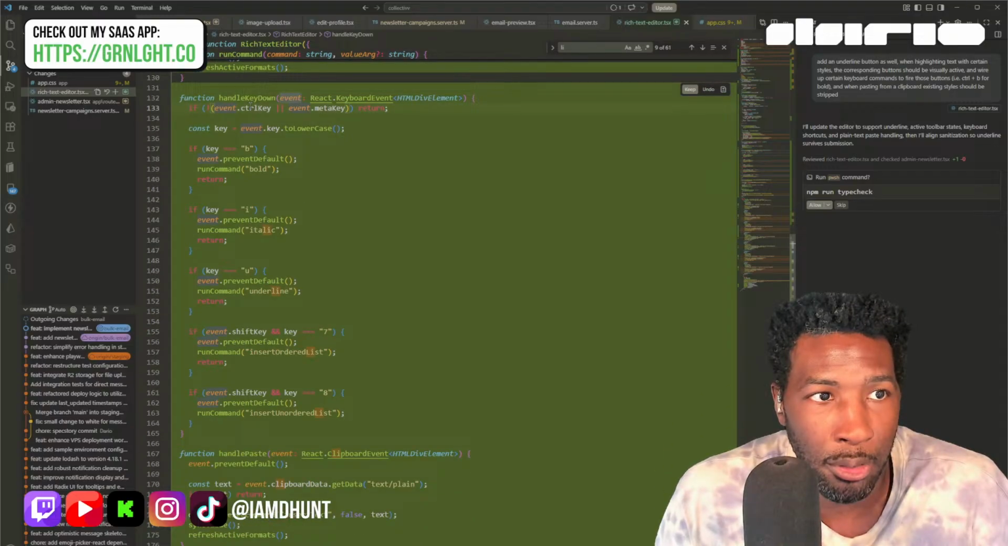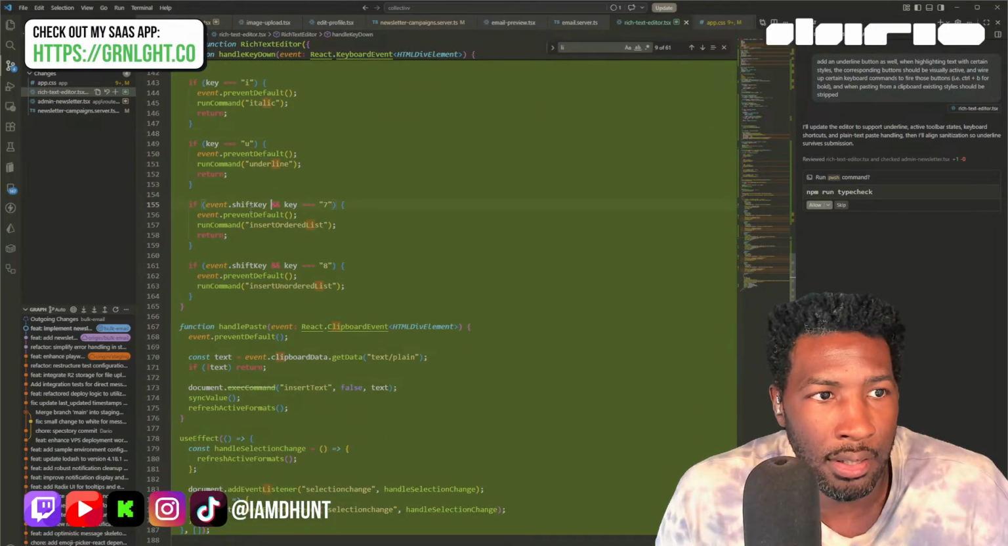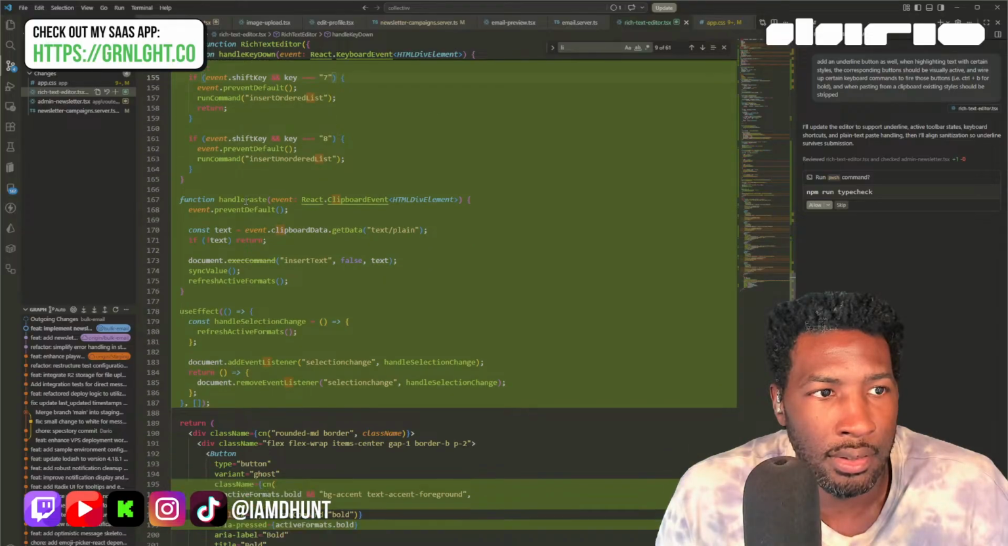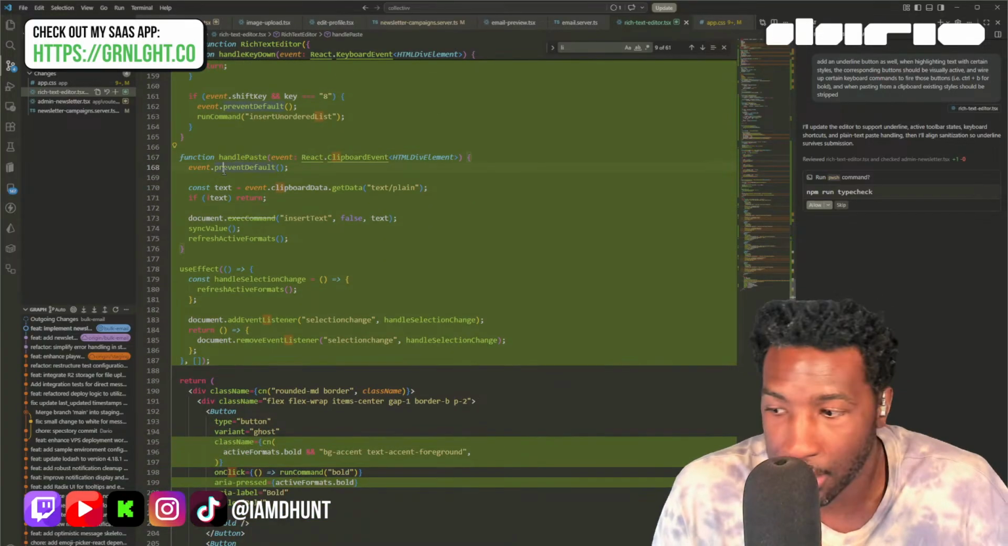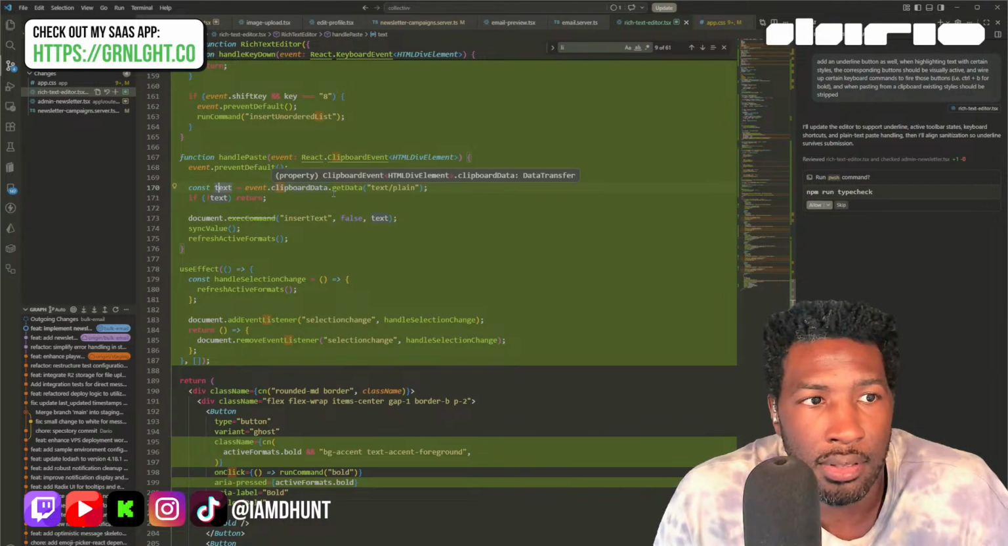Then this is handling the keyboard shortcuts. Underline. All right, and this is stripping pasted text of existing styles. If there's no text, document. What this is saying then is